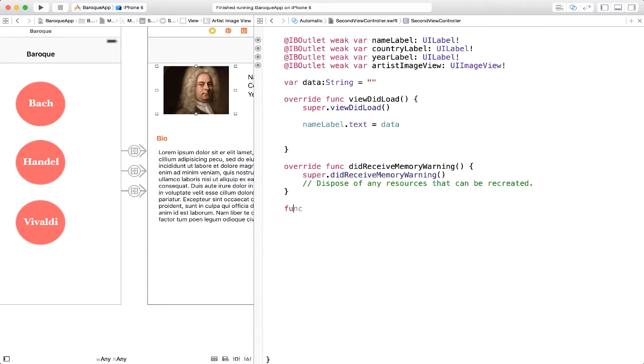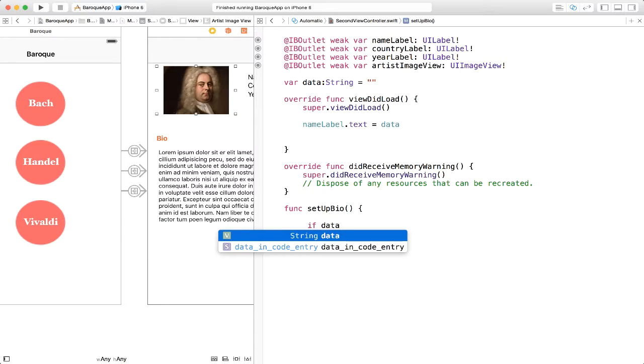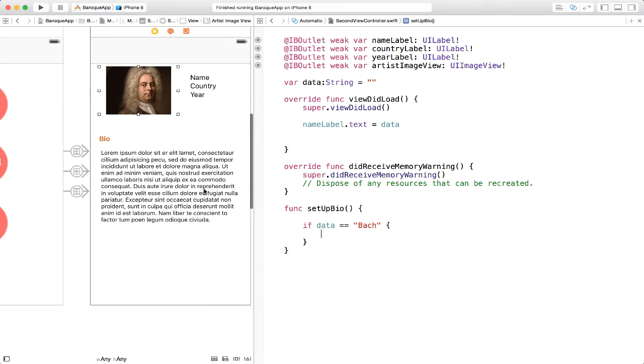I'm going to go ahead and say func, call this setup bio. So this function will just set up some information. If data, again, this data string here that we're getting from our previous controller view, if data is equal to Bach, right, then we need to do Bach logic here, meaning we need to populate all of the Bach information.